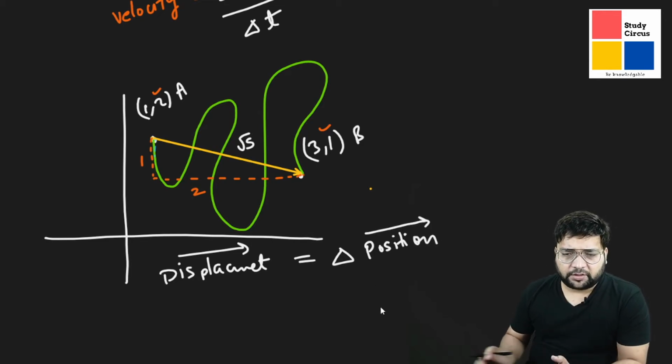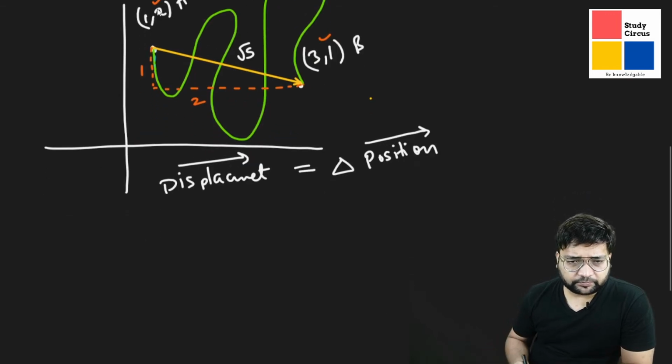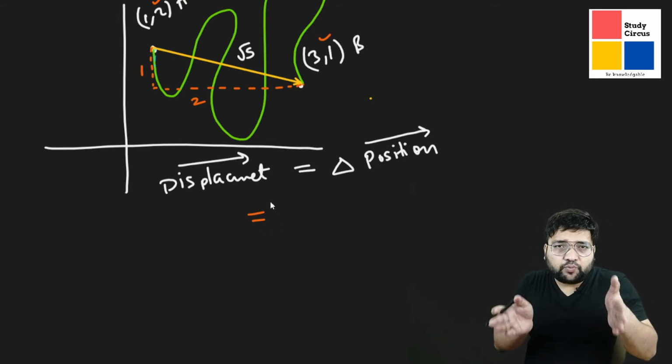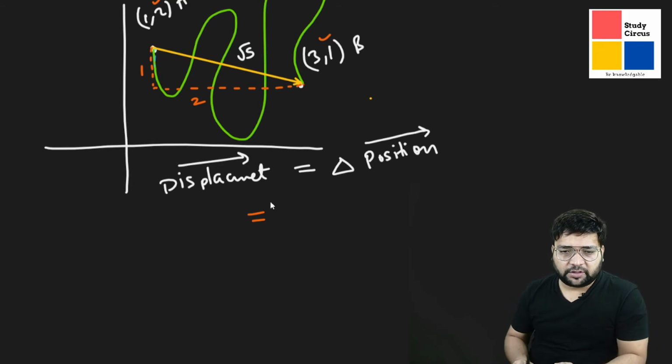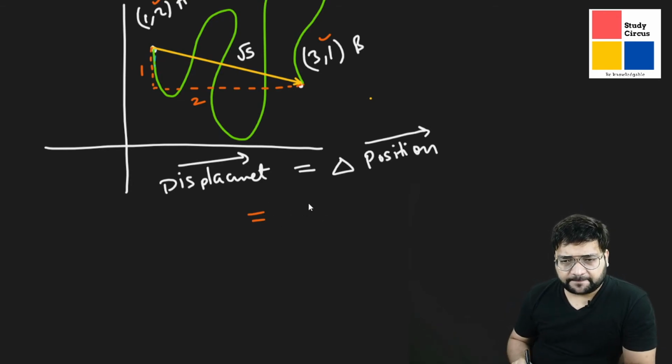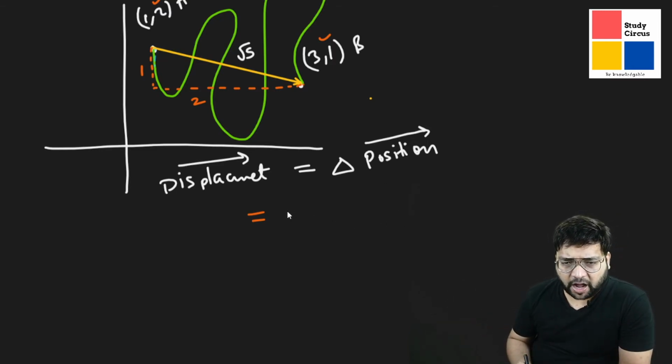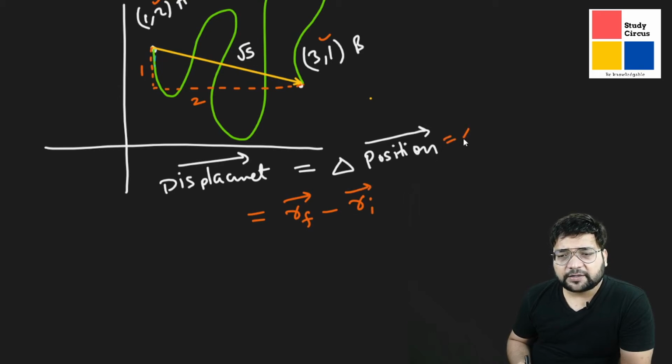Now we'll try to find out the displacement. Here we could find the magnitude, how much is the magnitude of the displacement. So the displacement vector, what is the change of anything? Change of anything is final minus initial, right? So I denote the position by R, so R final, whatever is the final position, minus the initial position is the delta R. If I say delta R, change of position.